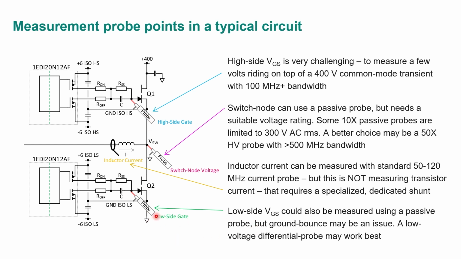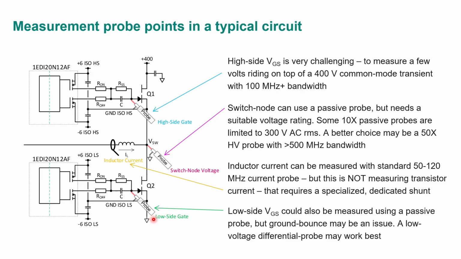So let's start on the low side, just the simple gate source voltage. Usually your scope is going to be connected to this low side ground anyway. Now on some transistors you have two source terminals. There's the power source terminal, and then there's what's called the Kelvin source, which is connected to the gate drive circuit. So if I want to measure the gate drive circuit, my probe ground has to go to that point, which might not be exactly ground.